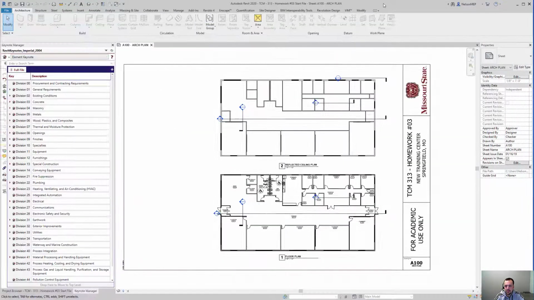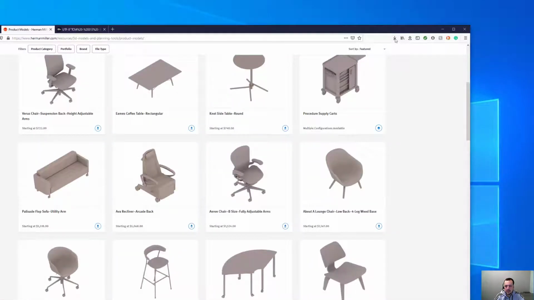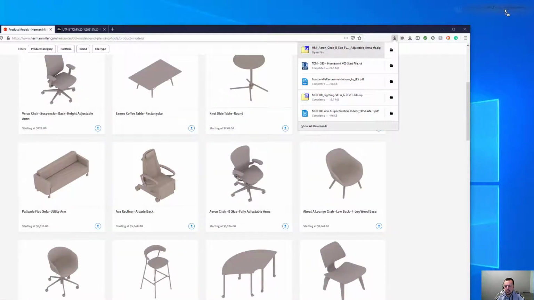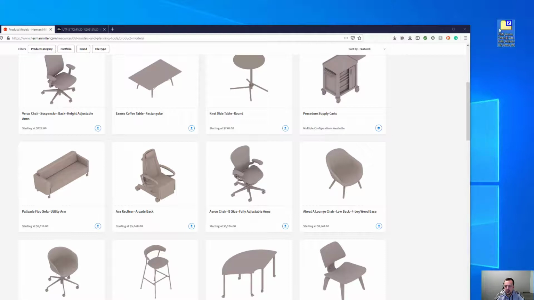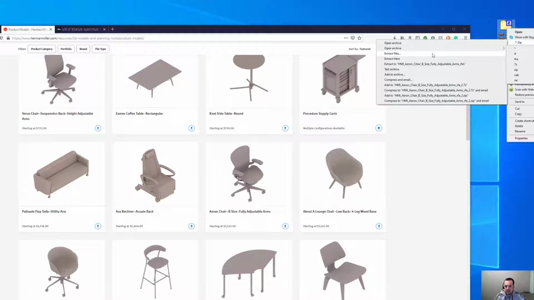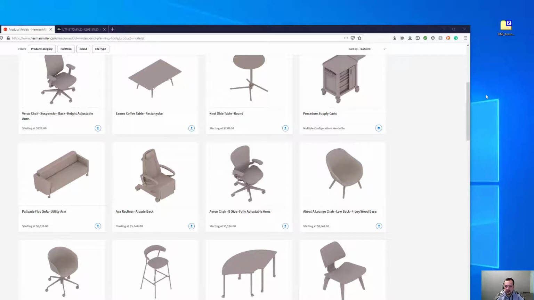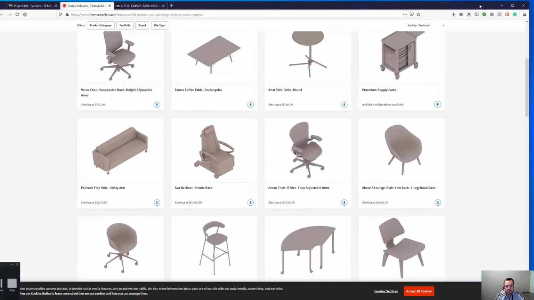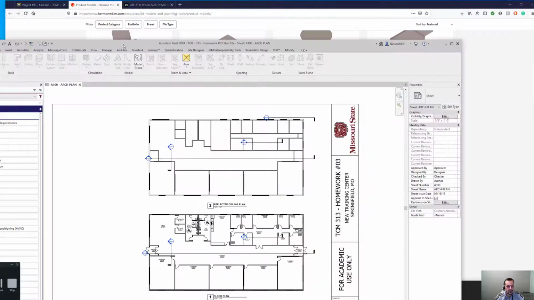Okay, I'm gonna pull this over here. When it downloads here, you want to be sure that I'll get it here so you can see it. Right click, and then you are going to extract files. Say extract here, and lo and behold, there's my file. And then it also comes with this nice handy text file, which has a bunch of stuff in it. So now if I want to load that family in to deal with furniture,